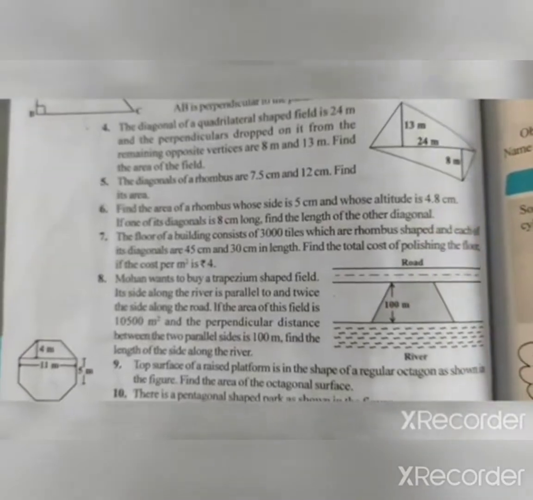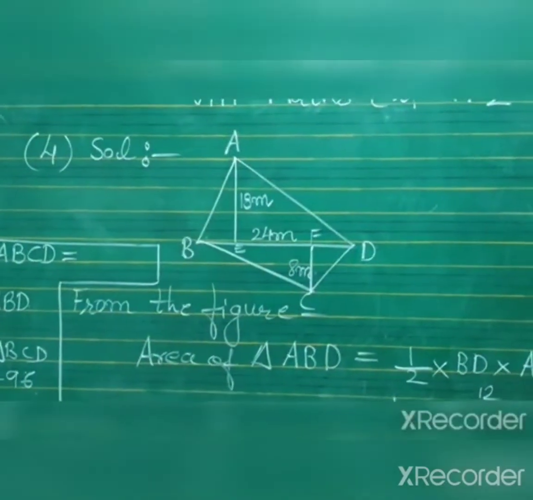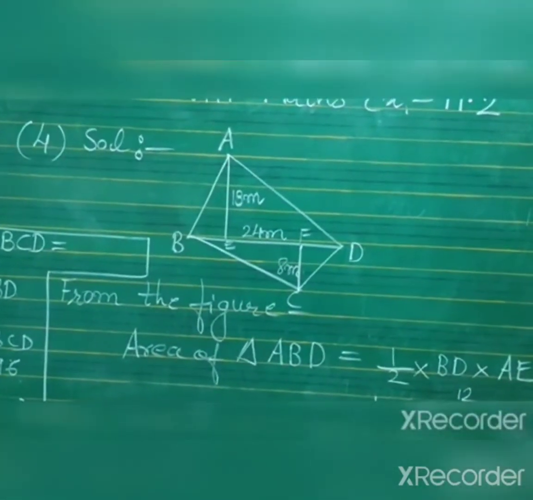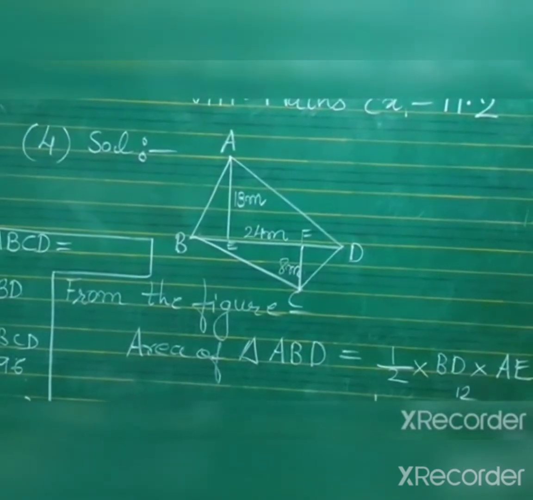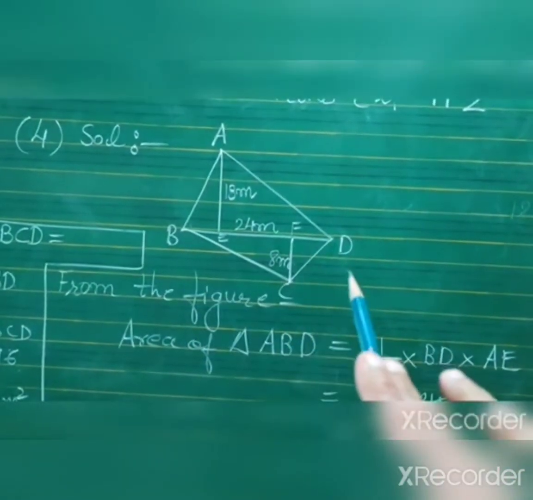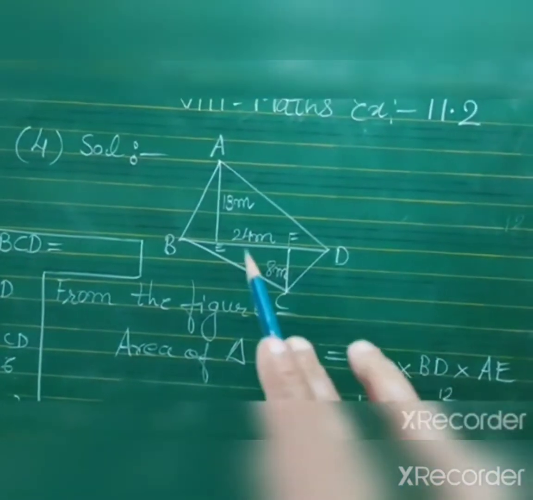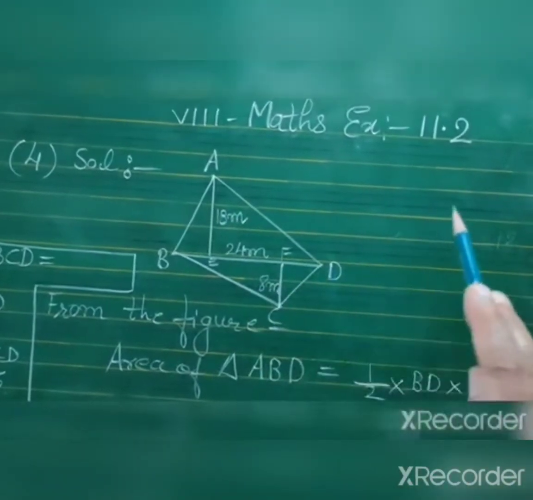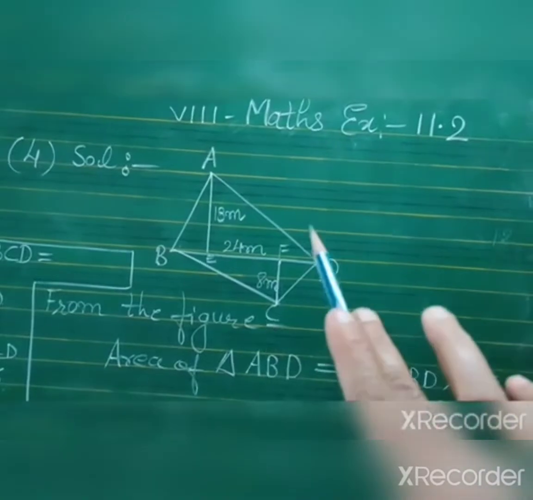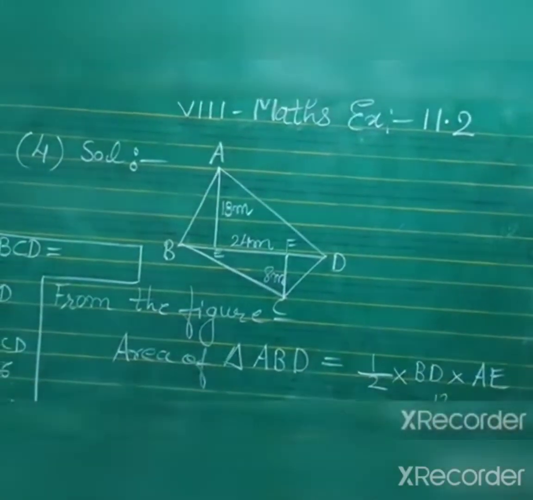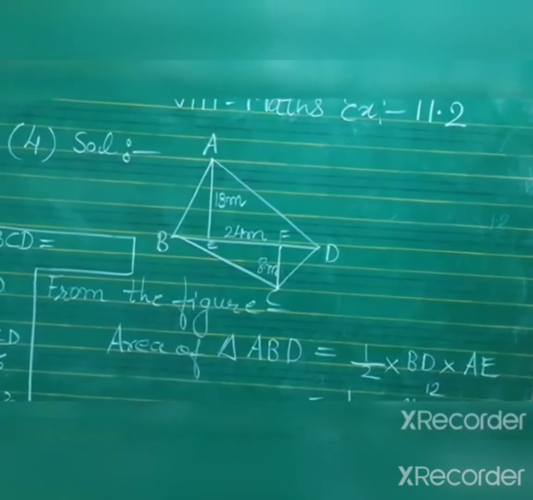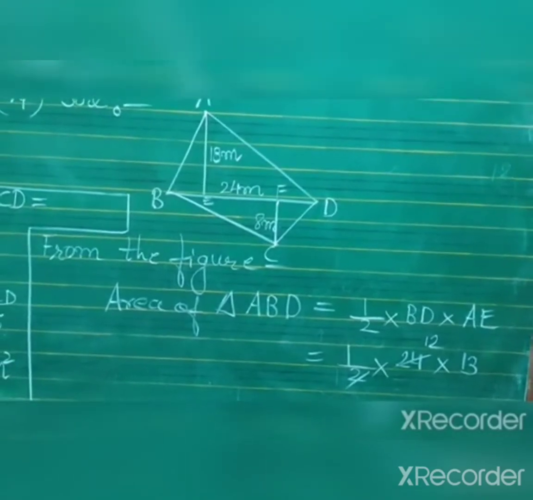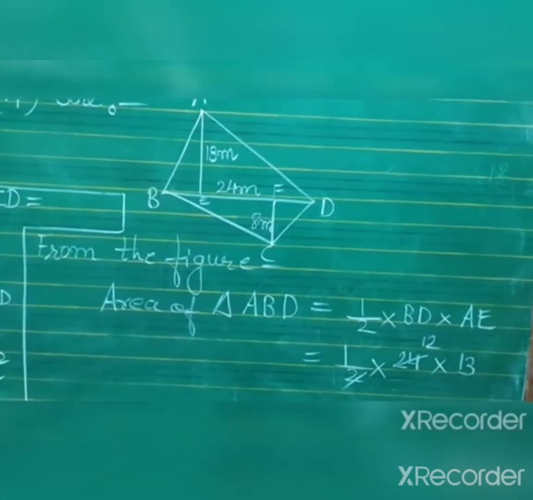So this question I am solving on the green board. Let us start. Children, you can solve this question also. Base is the same, so you can directly apply the formula. Area of quadrilateral ABCD is equal to half into base, this diagonal, into the bracket height H1 plus H2. So half into D into (H1 plus H2). By this method also you can directly solve. But practically I have solved according to whatever came first in my mind.